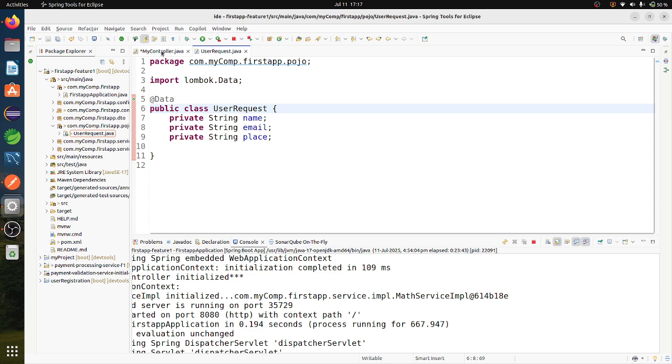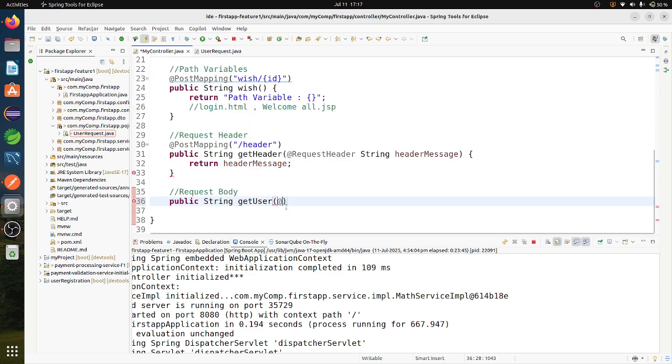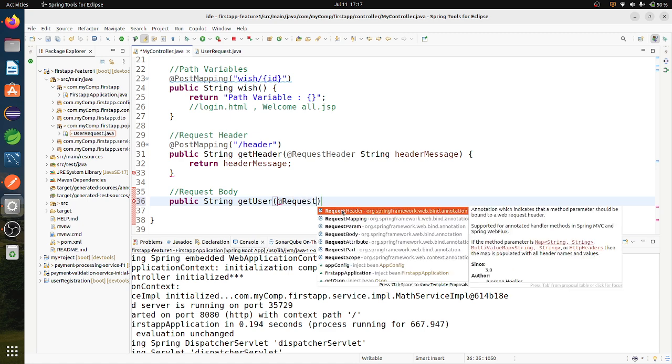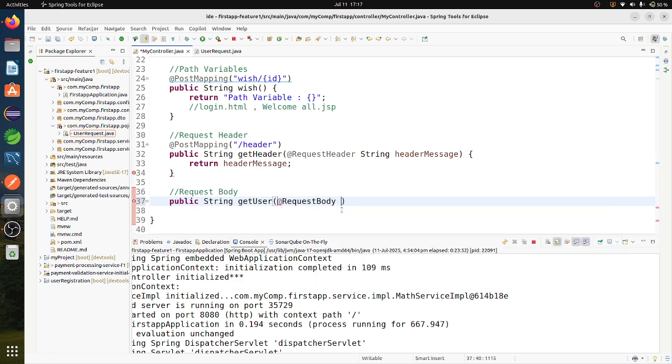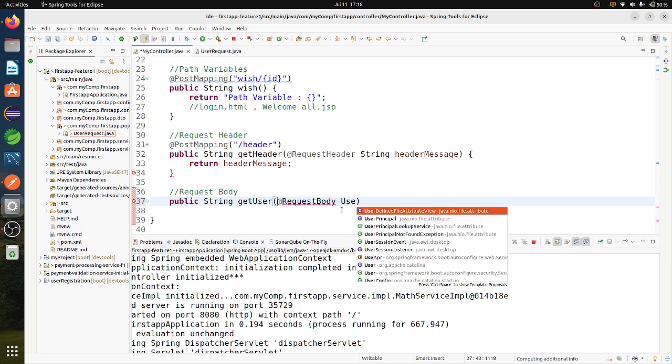Now I want to use this POJO class here. First of all, I have to say it is a request body, and I want to take user request.